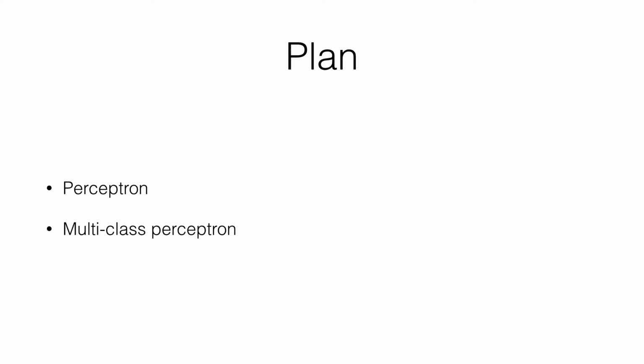So the plan for the video is we're going to first go over the basic perceptron, which was formulated to predict binary outputs. So it's going to predict something as either true or false, or we're going to notate it as either +1 or -1, or positive or negative. Then we'll look at a variant of perceptron that is able to output predictions in multiple classes. So it can predict something like whether something is a dog or a cat or a bird or a turtle,